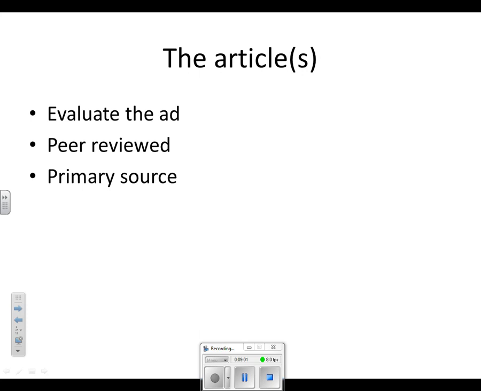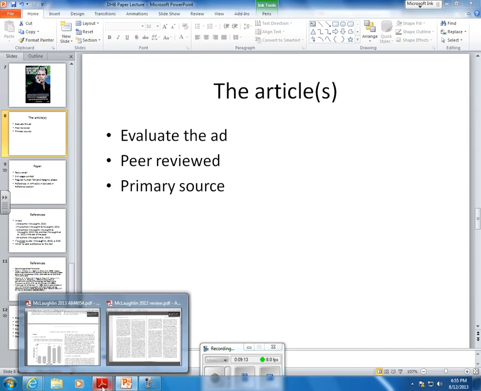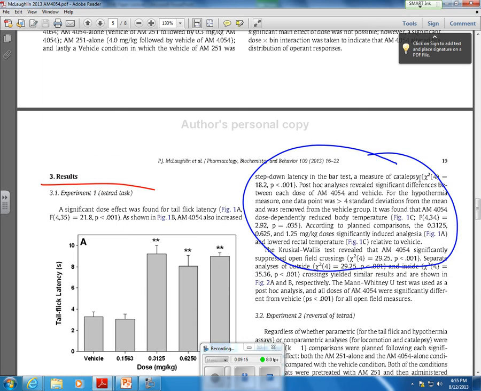The article has to be a peer-reviewed primary source. Now, it can be very, very tricky to tell what that is, because good articles aren't going to say they're peer-reviewed primary source articles. So let's talk about exactly what that means. A peer-reviewed primary source article